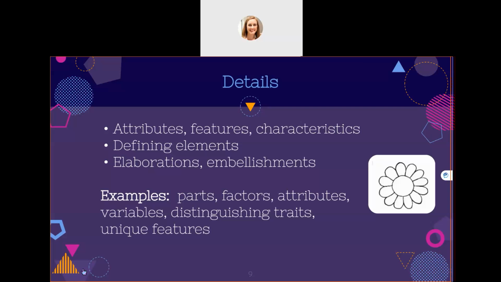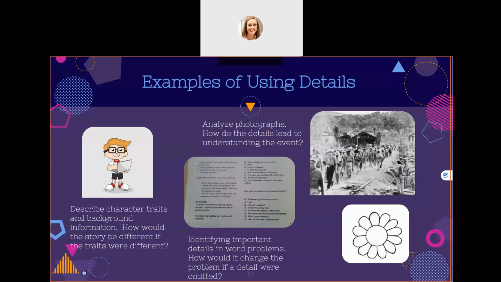The details are one of the easiest to use and pair well with other icons. Details include features, defining elements, elaborations. It may include parts, attributes, variables, distinguishing traits. Some examples of using details are